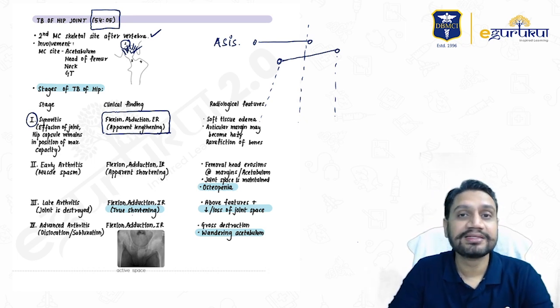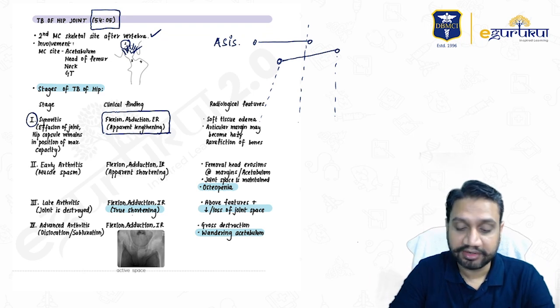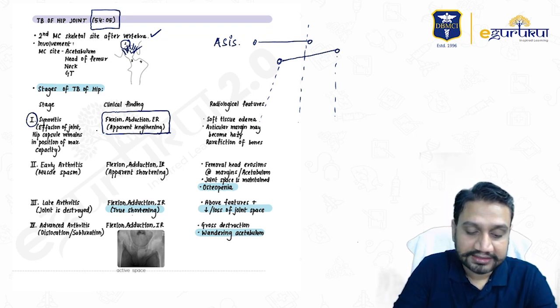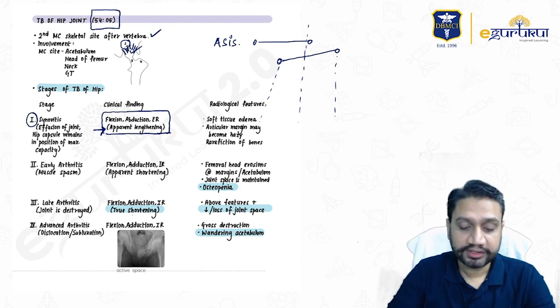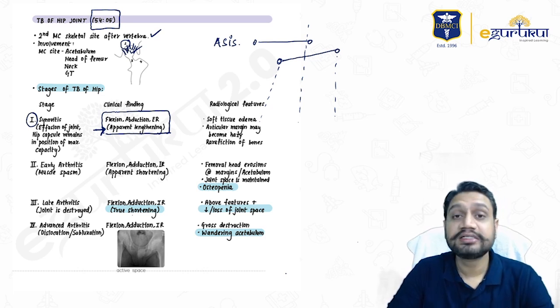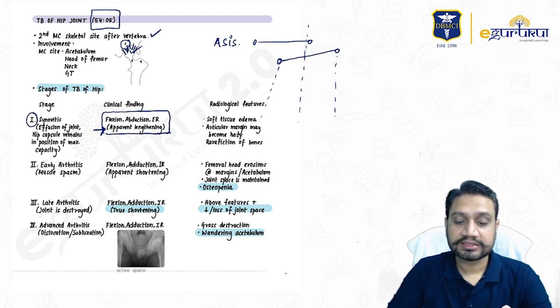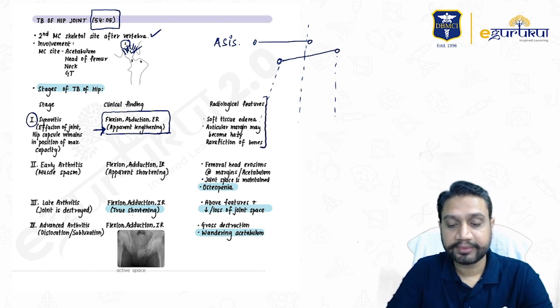That means the ASIS is not at the same level right now. So he's just trying to keep the hip away. This means when the ASIS are not at the same level, what we say is that it is an apparent lengthening only. It's not a true lengthening. Okay. So here, the first important thing we should remember, is the first radiological sign seen on X-ray in tuberculosis of the hip: nothing is seen in stage 1, because it is just a synovial inflammation, nothing else.